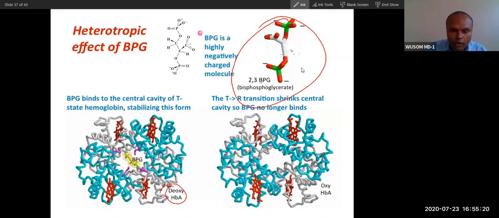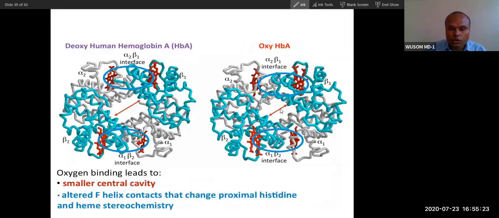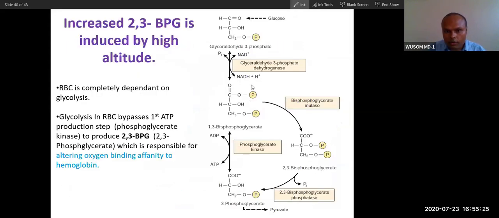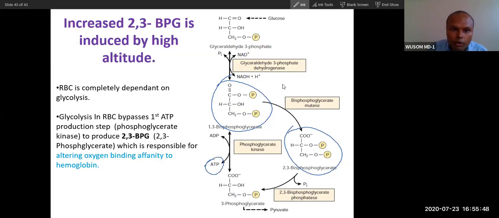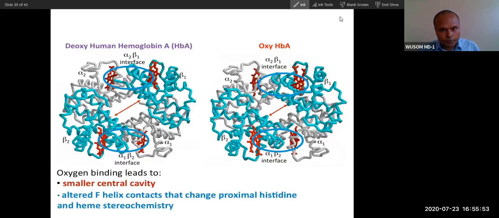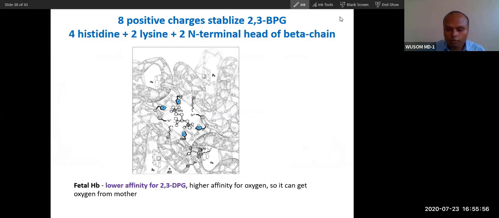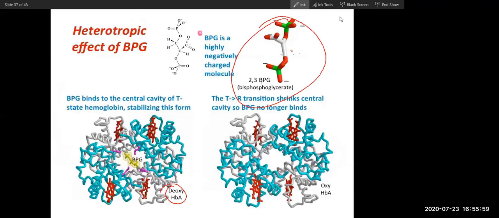I have already talked about this pyruvate kinase deficiency. And this picture also, if you can remember. Did you understand the synthesis of 2,3-bisphosphoglycerate from 1,3-bisphosphoglycerate? And in that process, it misses the chance of synthesis of 1 ATP. You get 2 ATP from 1 glucose. Did you understand this process of synthesis of 2,3-BPG? Tell me. Be quick. Yes, sir. Okay.